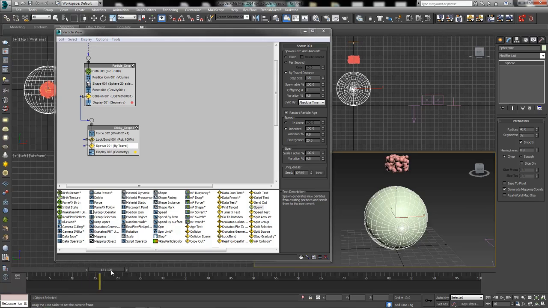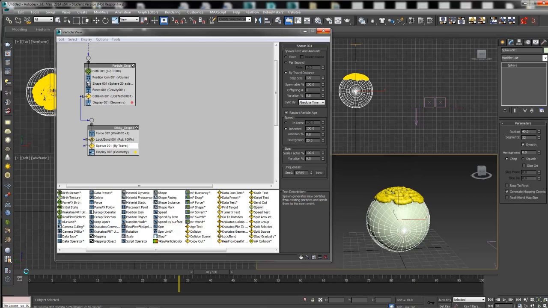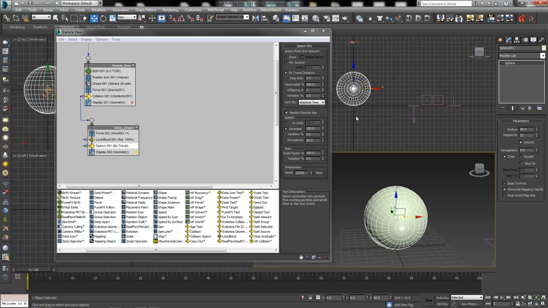With the inherited speed down here, see how they're just spreading out? That's what I'm talking about when I say we can crash our computer. It's got to think for a moment there. We'll let it slow down and then move it back to 0. This inherited speed means they're all going to be going the same speed as their parent particles, the ones that bore them. If we go with 0, they'll line up perfectly straight behind. We give them a little bit of inherited speed. They'll go a little bit jagged, some a little closer than others, so we get some of that nice stringy or drippy look.